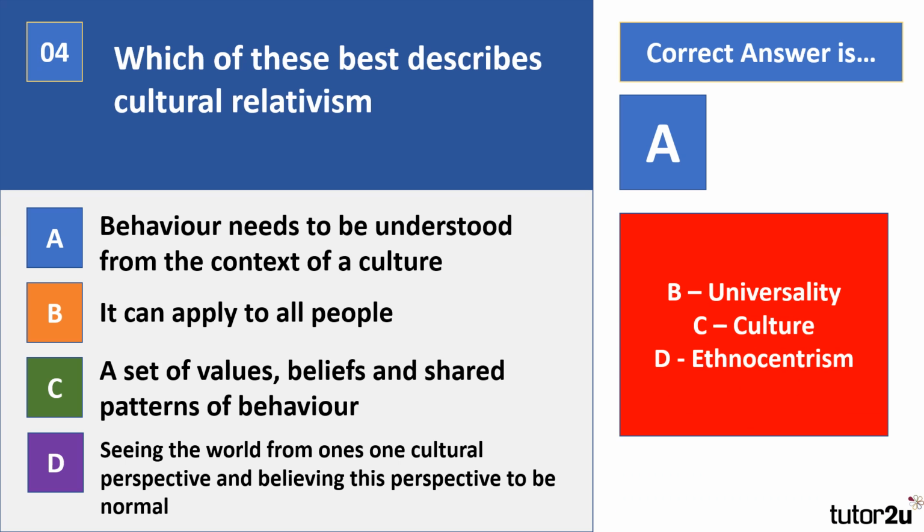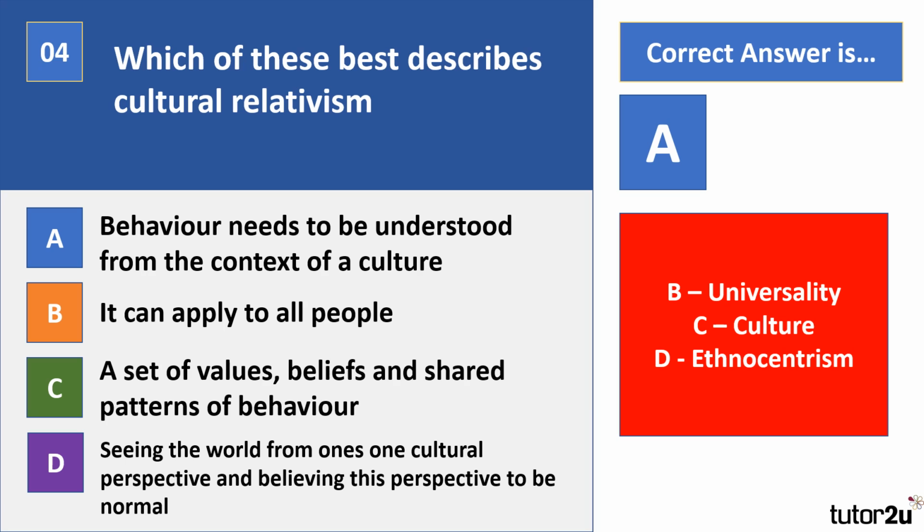Okay, the correct answer there is A. So B there is the definition of universality, C is culture, and D is ethnocentrism. The key thing in recognising the difference between ethnocentrism and cultural relativism, which sometimes students get mixed up, is that ethnocentrism is you seeing the world through your own cultural perspective and basically viewing that particular view, way of thinking